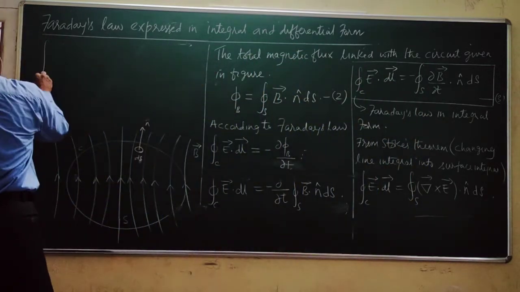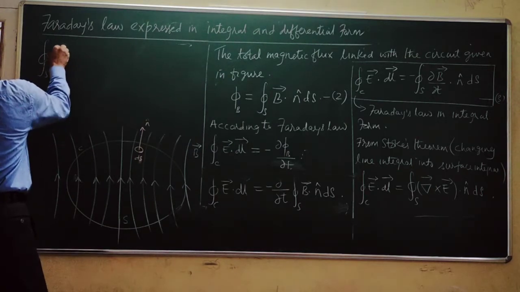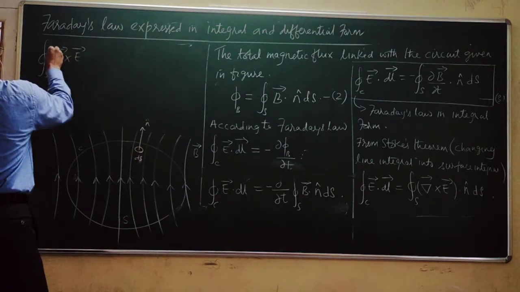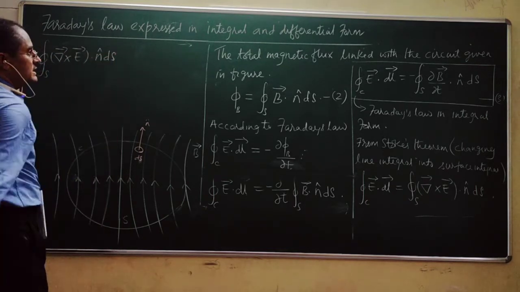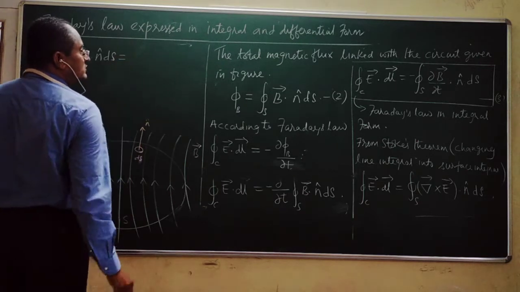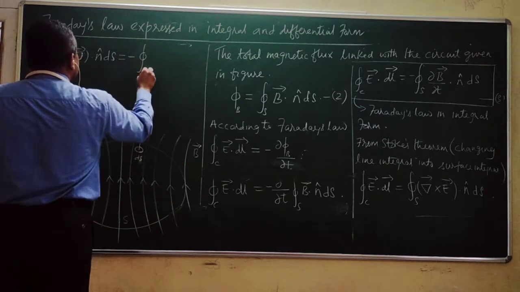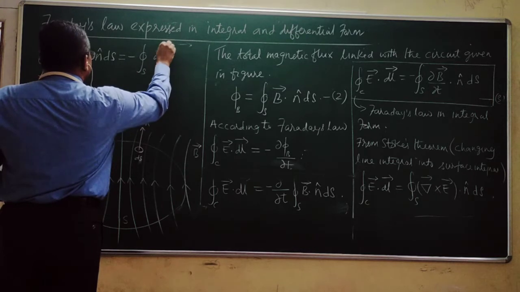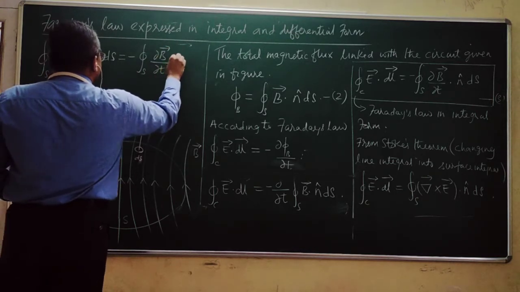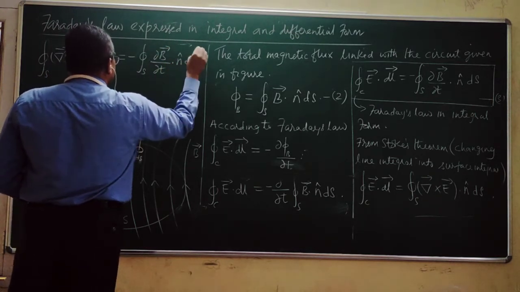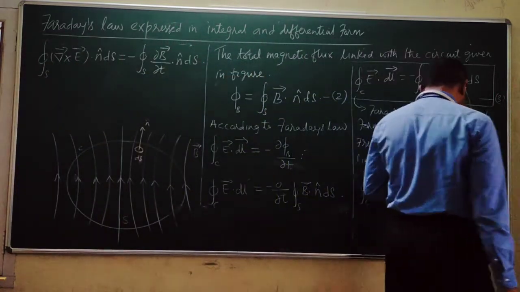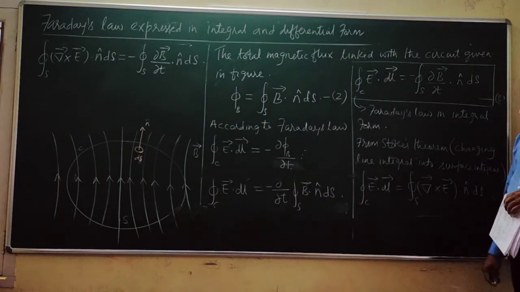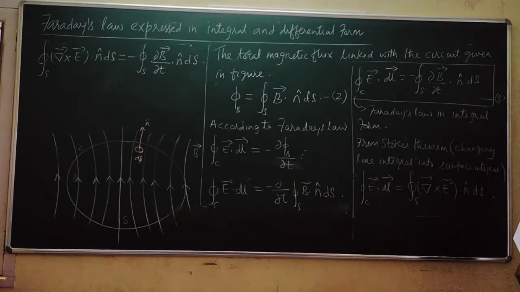Therefore, surface integral of del vector cross E vector dot n unit vector ds is equal to minus